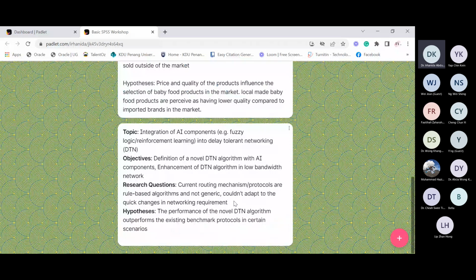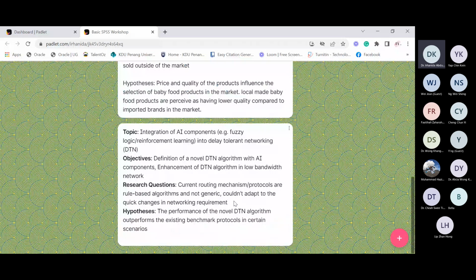You want people to know the exact percentage, the statistics. But when you talk about performance, opinions, I guess it is more into qualitative. But since I'm not really familiar with all these DTN, I can't really decide for you.